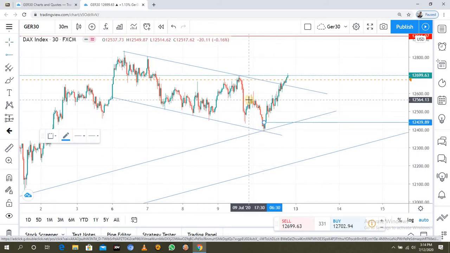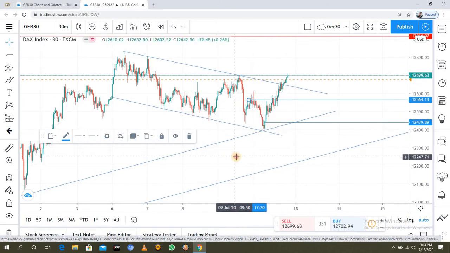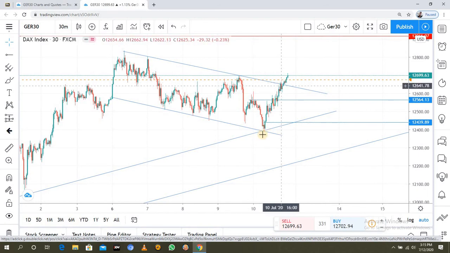Some can buy here because they are waiting for this pattern to be broken, so they can enter here and ride it there. But depending on where you enter, that's how your strategy works. But for us, we use the W as a wager to see how the market is going to break out.